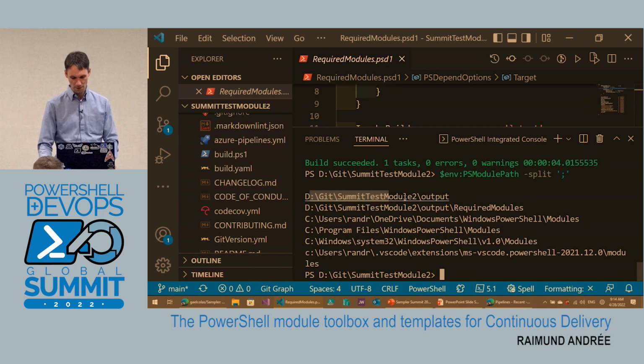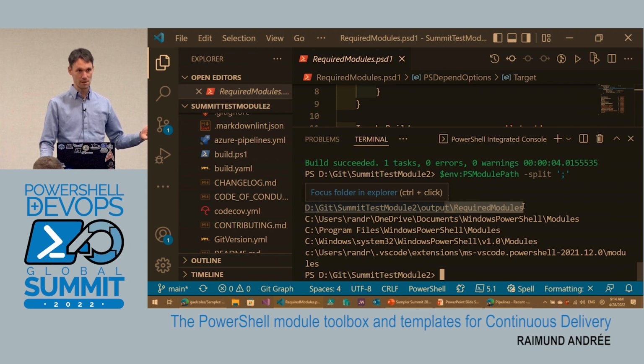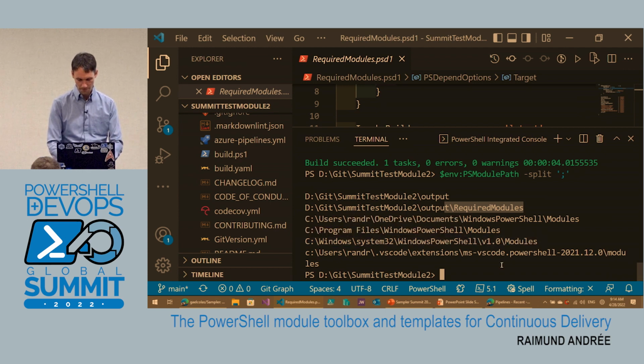The module path points now to the output folder, to my required modules, which makes sure that all my dependencies are actually discoverable, because previously they had just been downloaded but weren't discoverable. Right, so